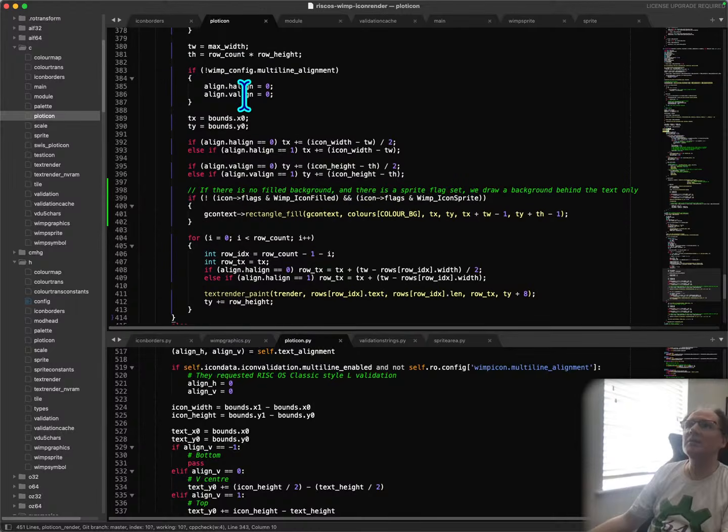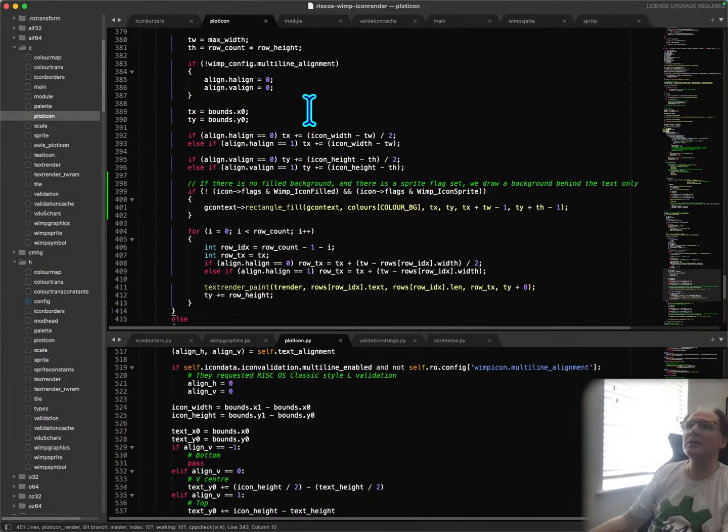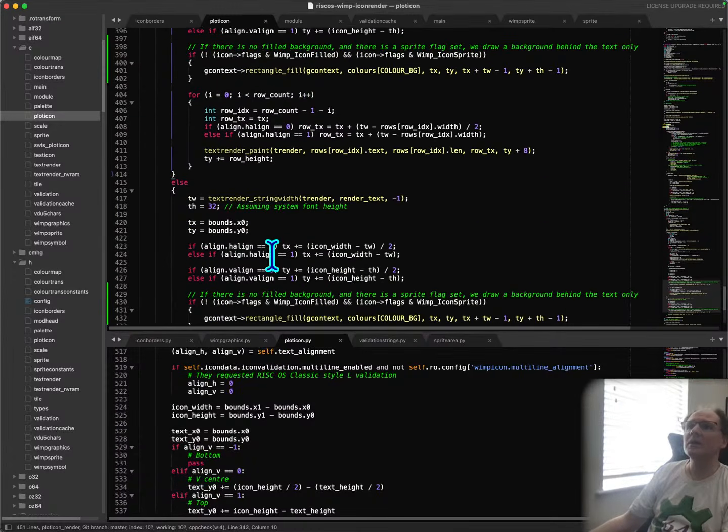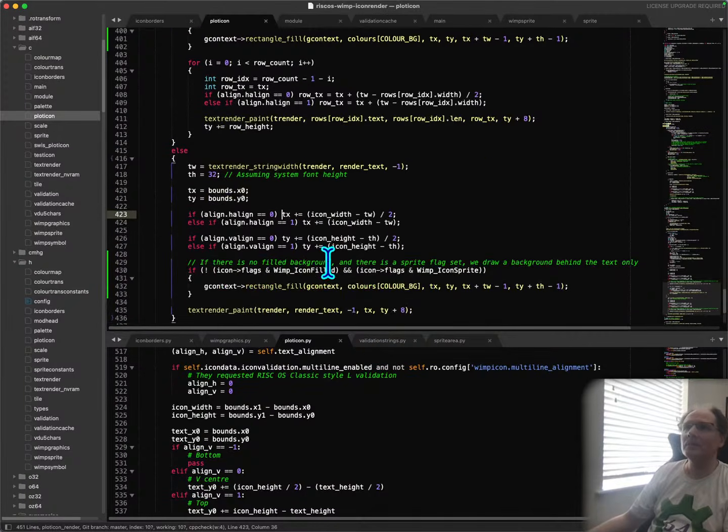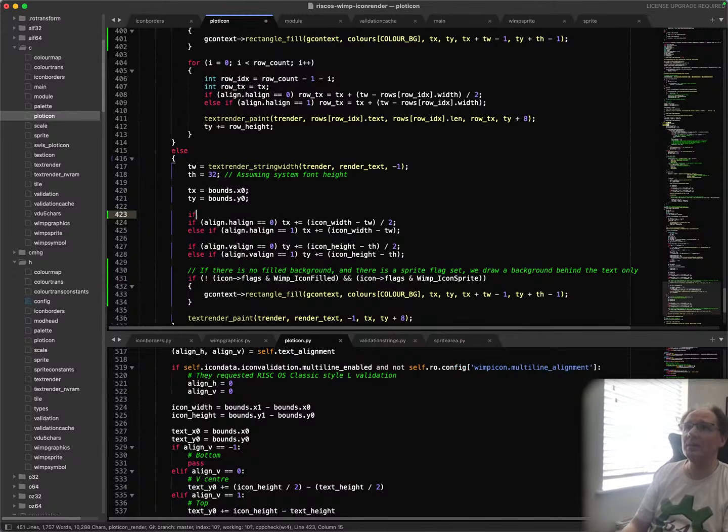If it's multi-line alignment, then they're all zeros. It's zero. There you go. That's where it's gone wrong. So if each line 0 and